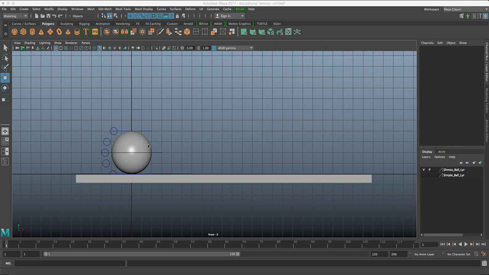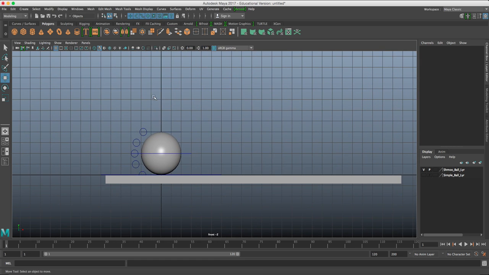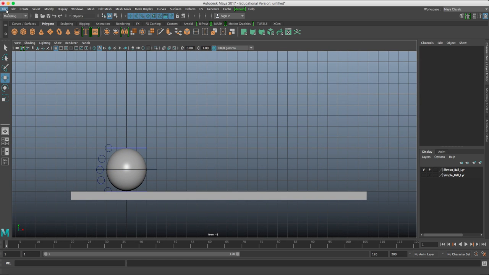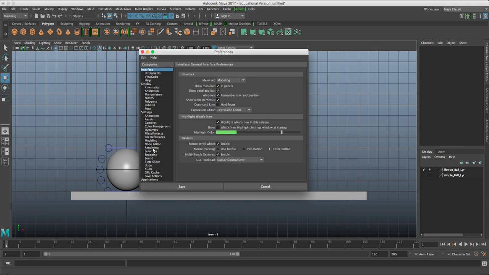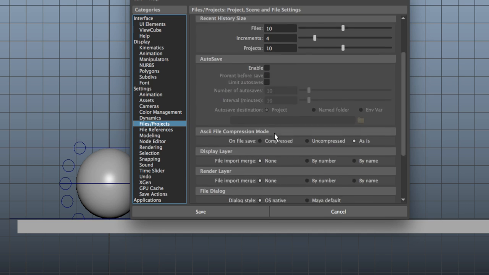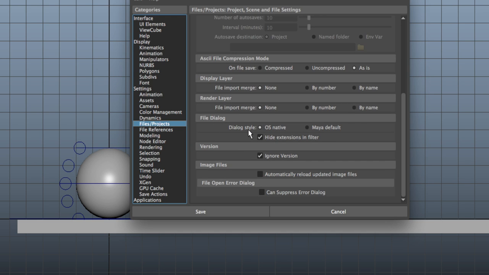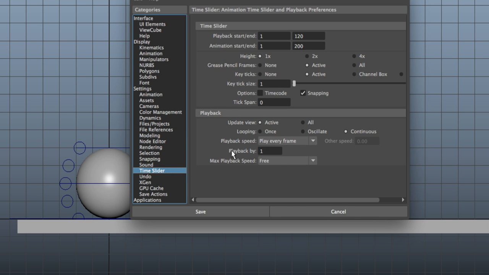Okay, so I have this bouncing ball in my shot, and one of the first things I want to do is make sure that my Maya preferences are set to the way I want them. So if I click File, Projects, make sure our File dialog box is set to OS Native, and on my time slider, I want to make sure the playback speed is set to play every frame, and then max playback speed is set to real time 24